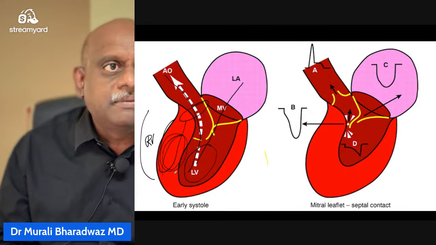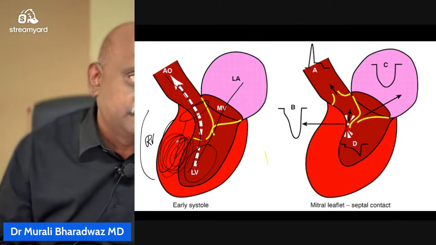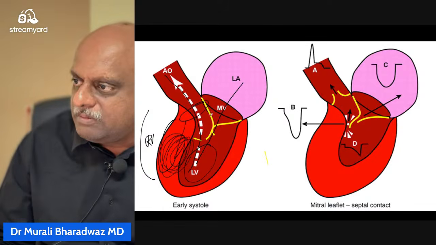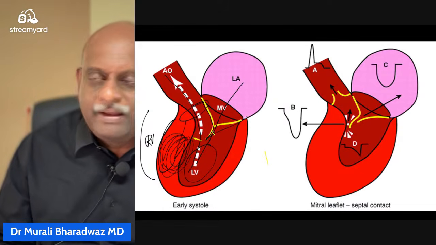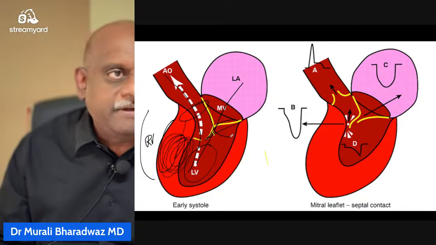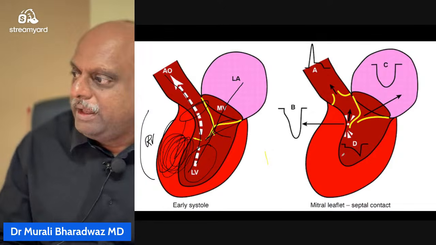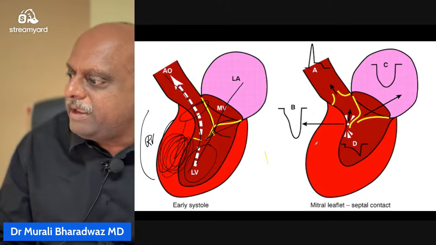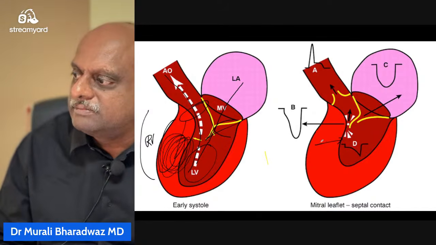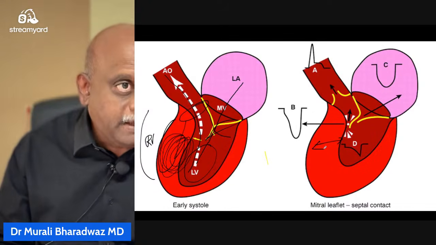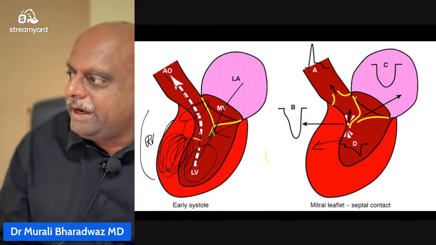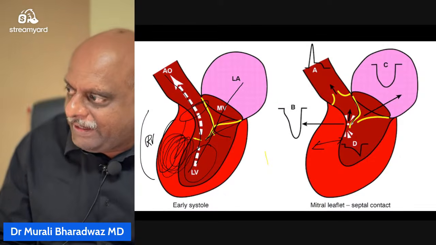You have a septum, the interventricular septum. And what is this? This is the mitral valve anterior leaflet, and this is the mitral valve posterior leaflet. In a few people, this interventricular septum becomes hypertrophied. It becomes so thick that this mitral valve anterior leaflet